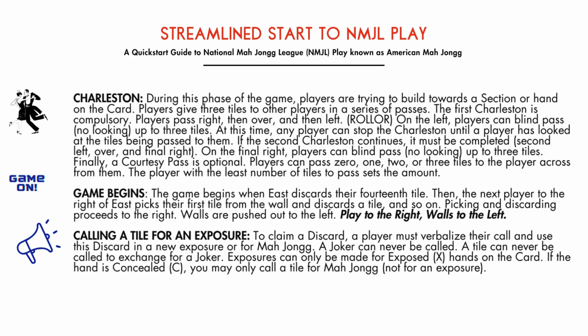Usually it's pick and then discard, but if there's a discarded tile that you could use as an exposure, any player could claim a discard. It doesn't have to be the next player in line. The rules about that is you must verbalize it and you must use it in an exposure that all the